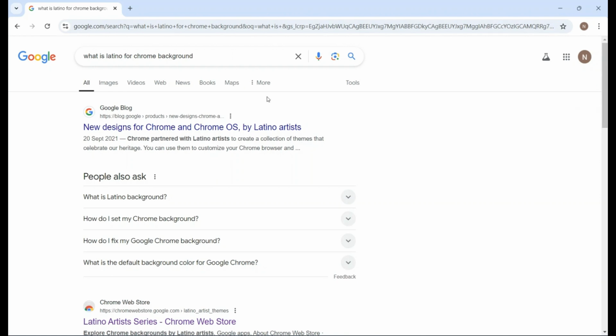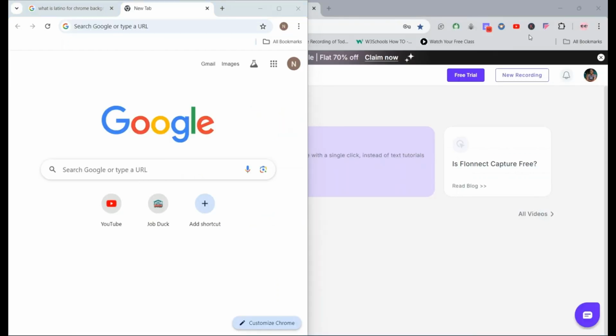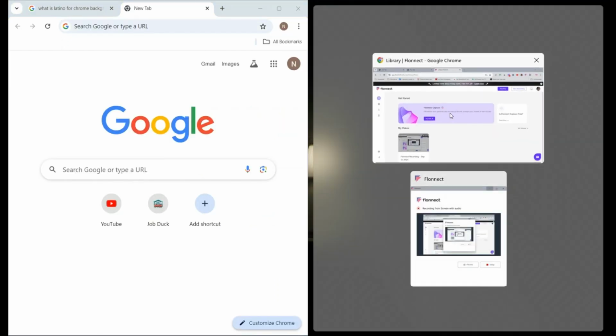The first option is to head over to your browser and then open a new tab. When you open a new tab, you then navigate your mouse to the minimize and maximize button over here. And then over here, you can see that there are several layouts that you can select from. In case you want this option, you can select this like this, and then you choose the next one like